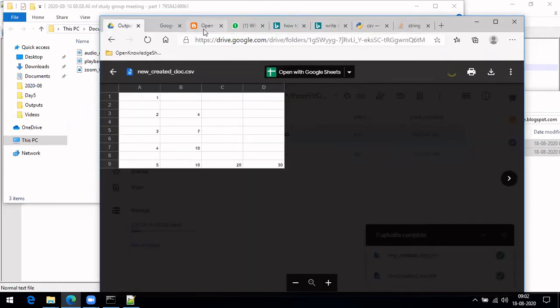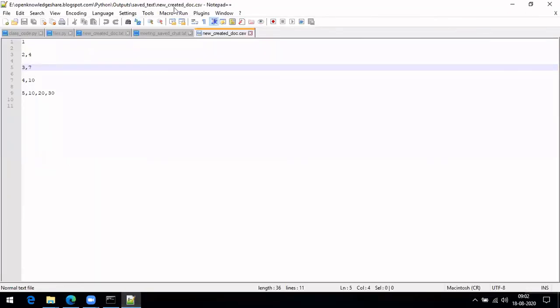Okay, if you see here, it has opened. In the first row, first column, 1 has come, and it has skipped 1 row. I'll show you how not to do it. So let us treat it as a second row. The second row has given 2 values.